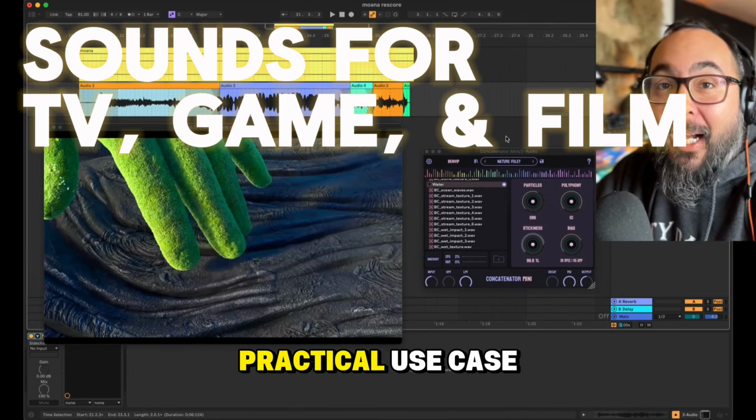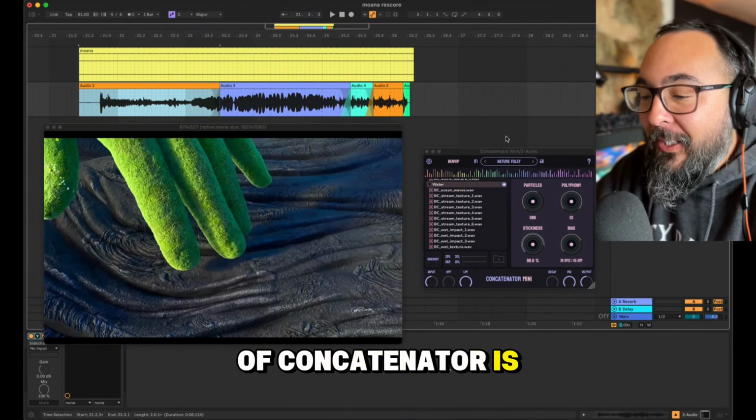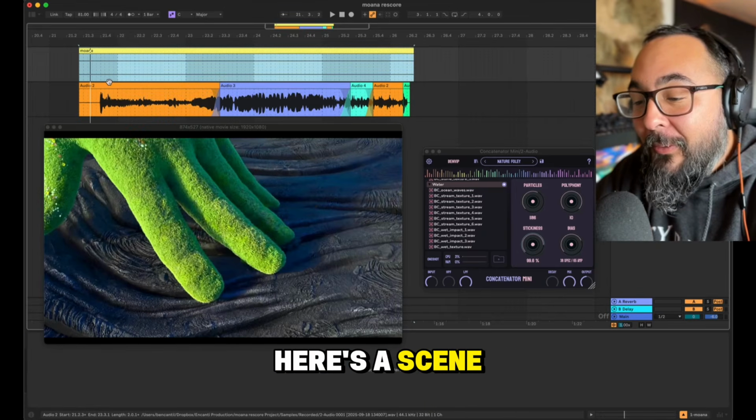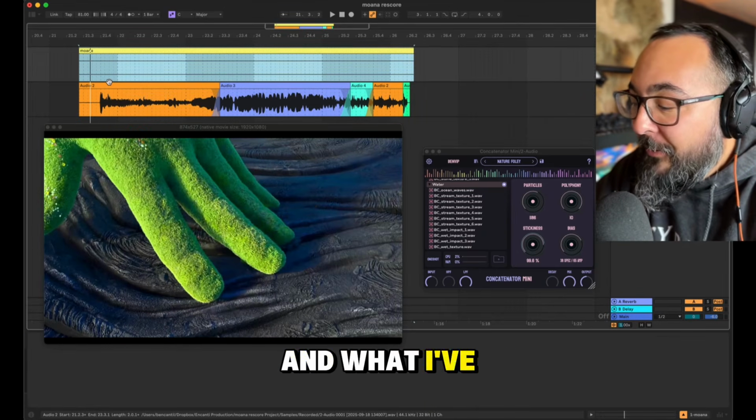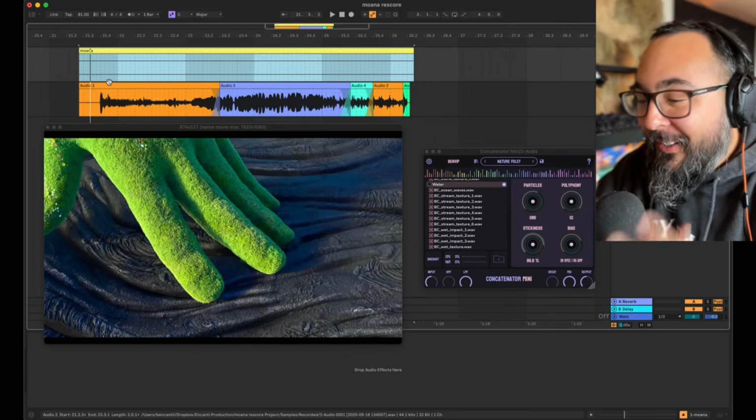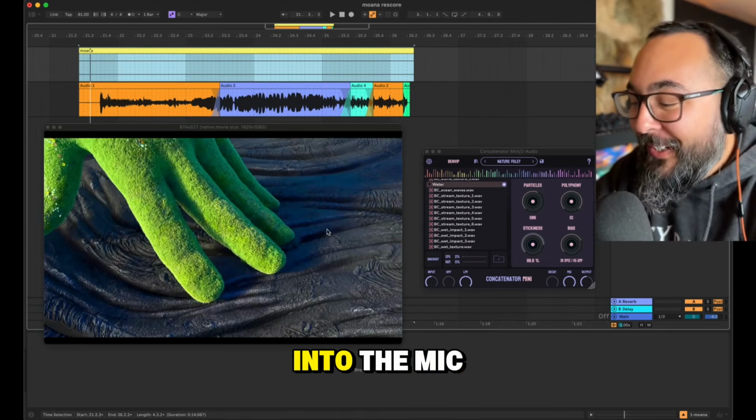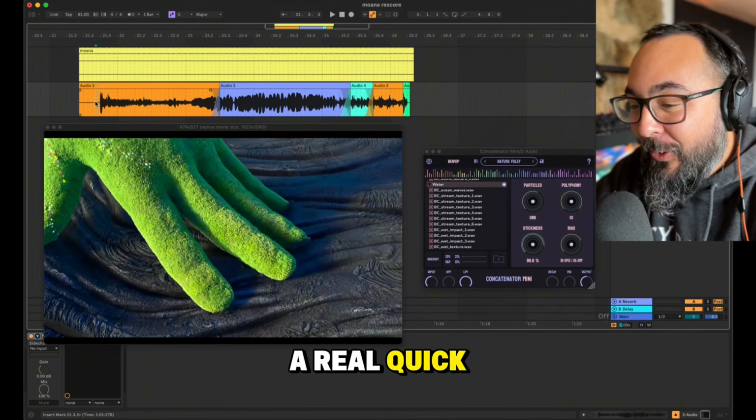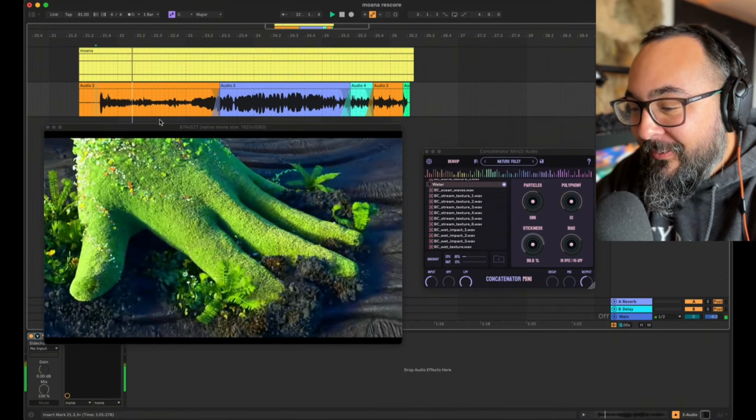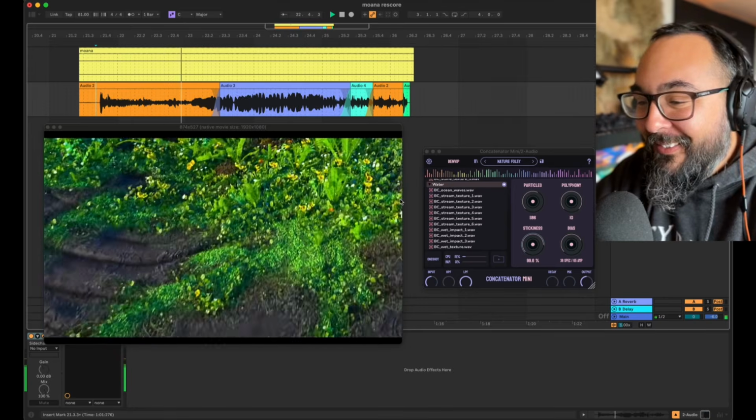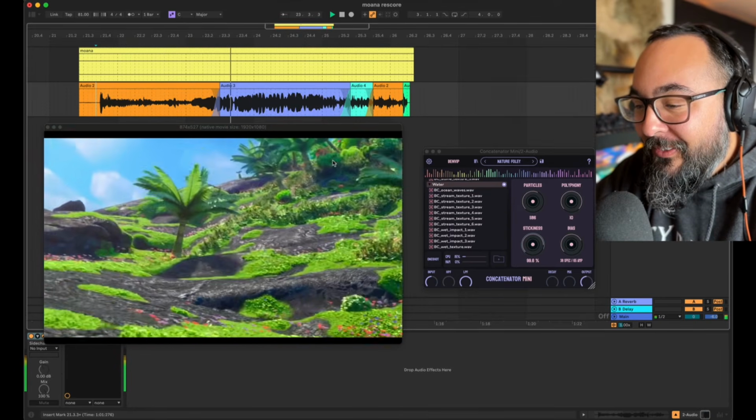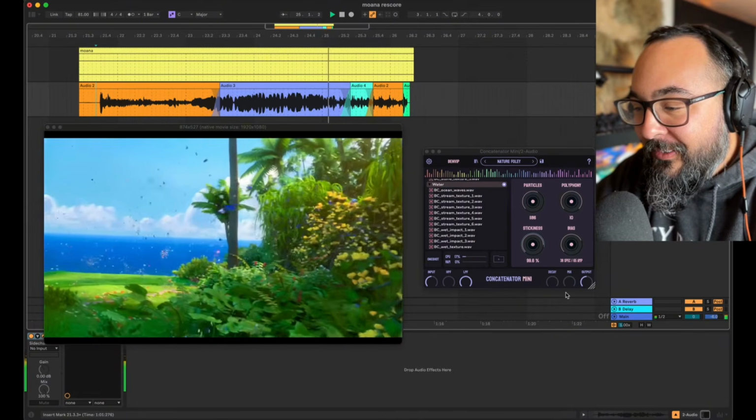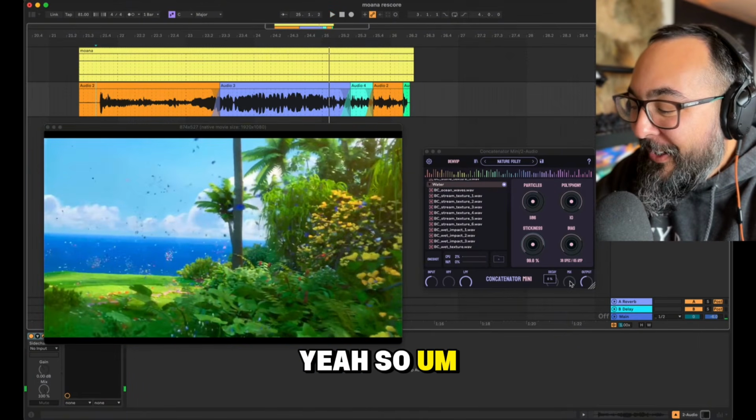I think the other really practical use case of Concatenator is to use it with TV, game, and film sound scoring. Here's a scene from a Disney movie, and what I've done is I've just made vocal utterances into the mic that vaguely match the action in the scene. I'll give you a real quick preview of that. Yeah, so I've taken that